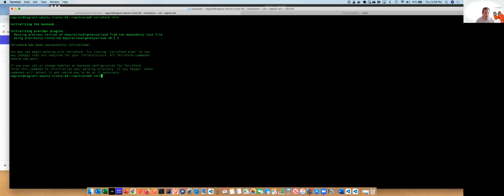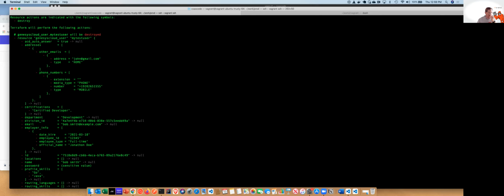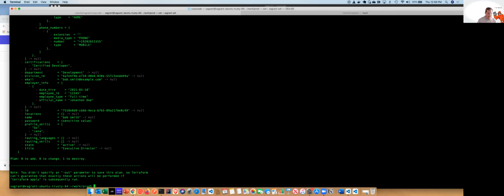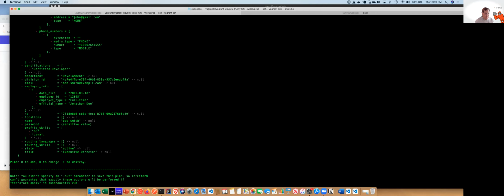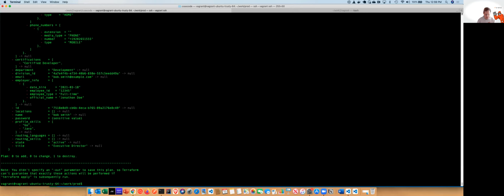Now, what I can do is run Terraform plan, which will tell me if anything has changed, right? But it doesn't actually apply them. So in this case, I'm going to run Terraform plan, and it goes up. All right, the plan is 0 to add, 0 to change, and I removed the user from here named Bob Smith. It was from an earlier attempt. So I'm just going to go ahead and